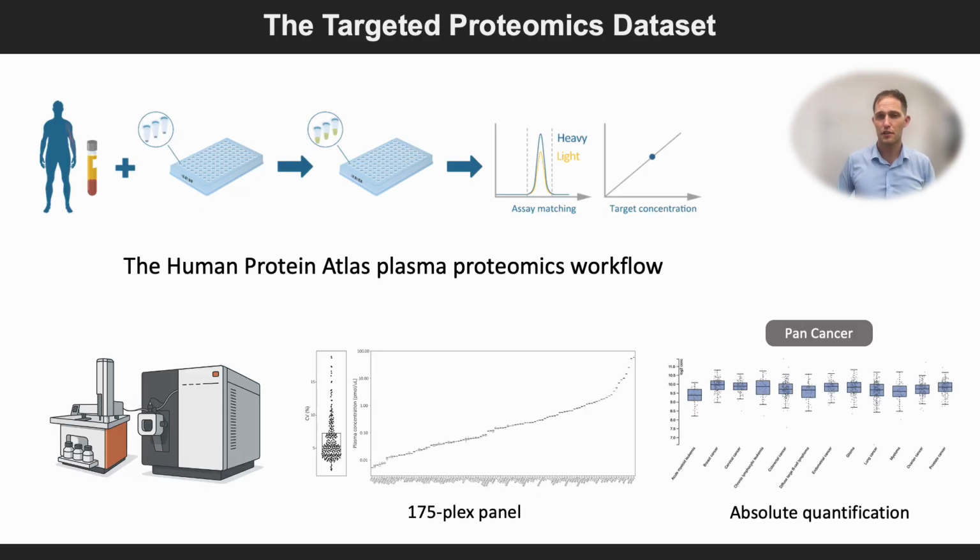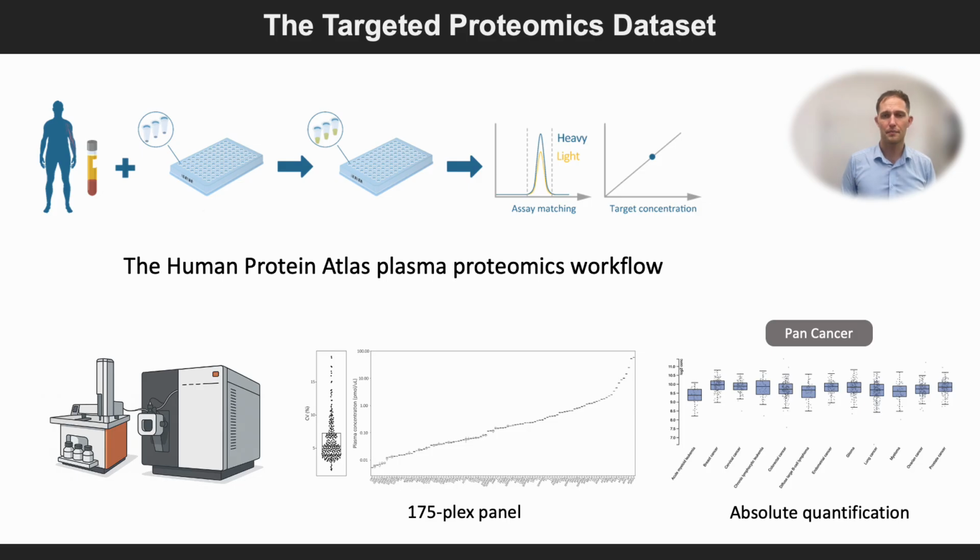So what will you get in version 25? First, all the plasma proteomics data is based on verified prototypic peptides. Each data point in this release is based on matched heavy standards and allows for absolute concentration determination. So we're not just reporting relative signal intensities for the diseases anymore. We will also present data on a ready-to-run 175-plex cis-calibrant mixture that can be spiked before digestion to enable robust